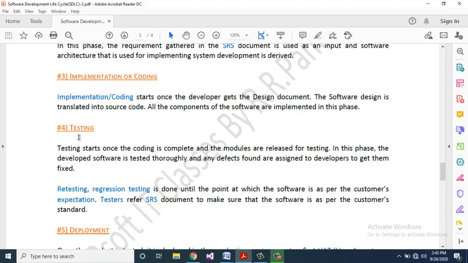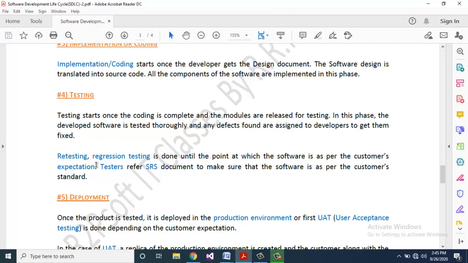Fourth one is testing. Testing starts once the coding is complete and the modules are released for testing. In this phase, the developed software is tested thoroughly and any defects found are assigned to developers to get them fixed.